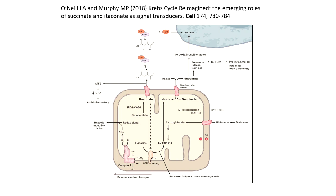So what's happening here is Krebs, succinate, pro-inflammatory. Later in the time course, itaconate goes up, and that's anti-inflammatory and begins to suppress things. And it does it in a number of ways. It blocks SDH to stop that reverse electron transport, to stop the ROS coming out. Secondly, it can also leave the mitochondria and can activate NRF2, which is an anti-inflammatory transcription factor, and multiple other